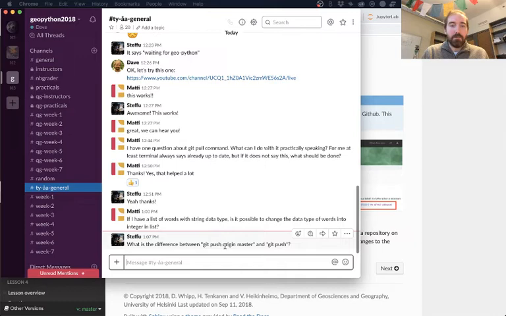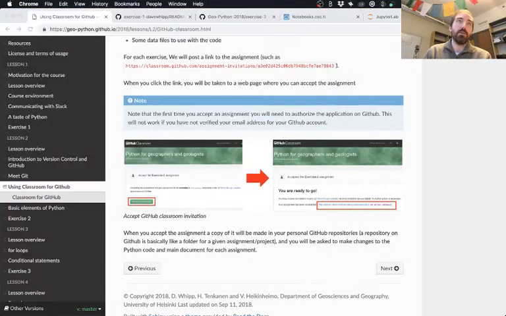So the origin here is referring to the source of the files, which is usually the local files on your machine, and then this master is the name of the branch that you want to update. So again, git push is going to suffice in most cases for our purposes.